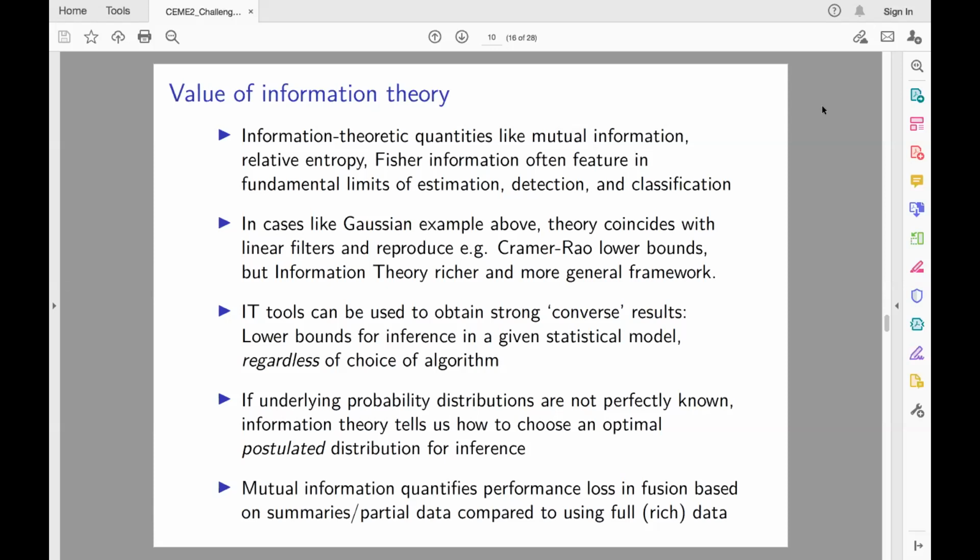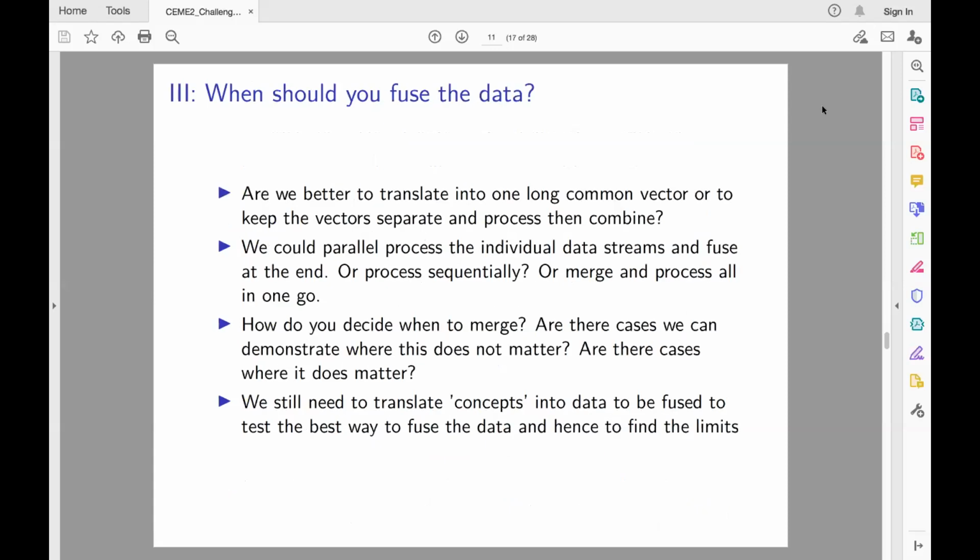And there's a point here about information fusion, which I think relates to what we're going to come on to next. In mutual information, there are properties like the chain rule that say how mutual information changes at different stages when you take summaries. If you take summaries early versus late, mutual information can guide you on the right strategies to use. Okay, next slide. Right, so this is over to Martha, I believe.